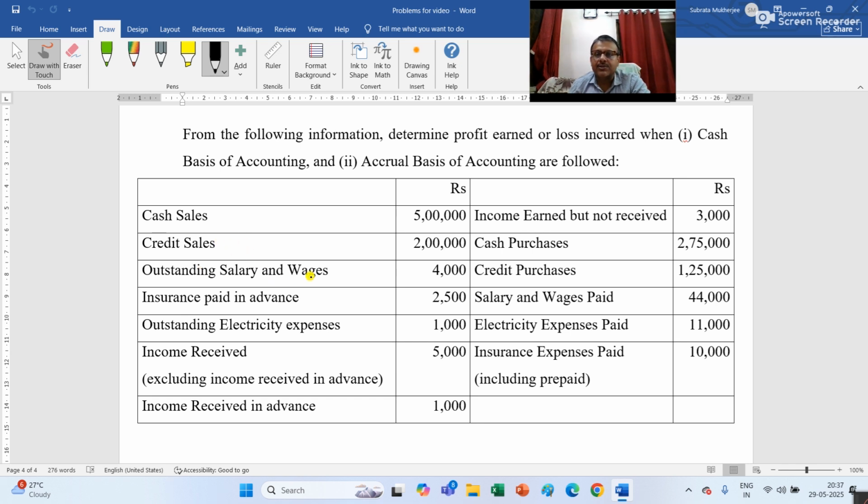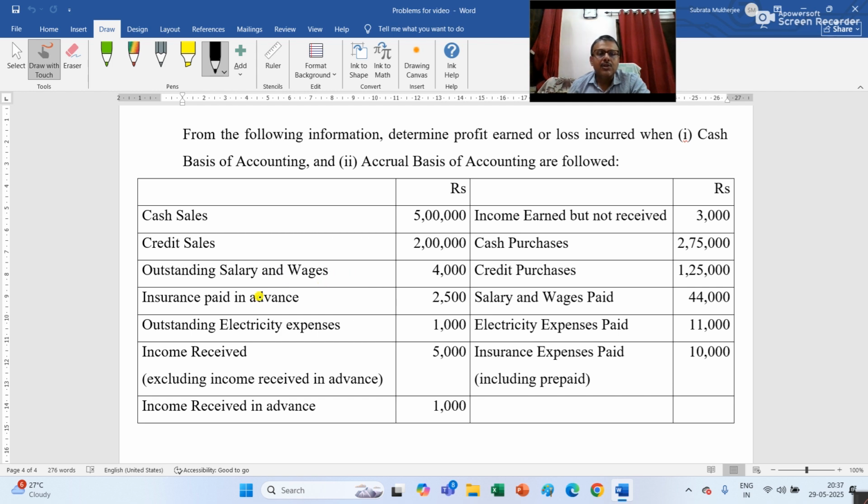Outstanding salary and wages. Now this outstanding salary and wages means this expense has not yet been paid. That is expense account debit. That is salary and wages account debit to salary and wages payable account. So this expense is related to the current financial year, but